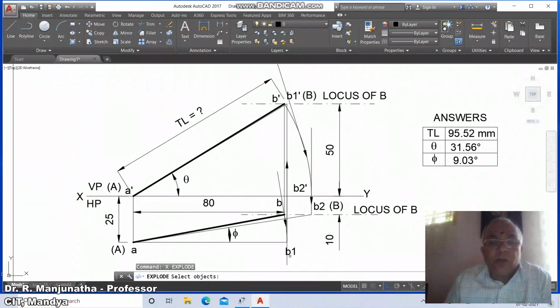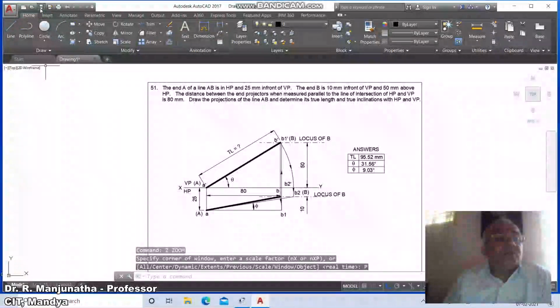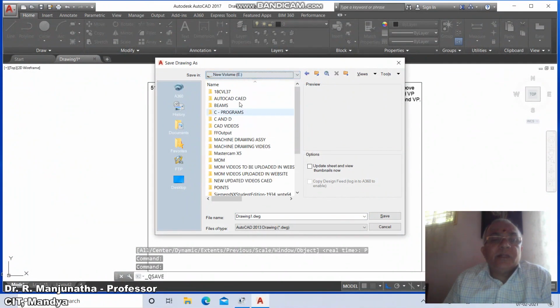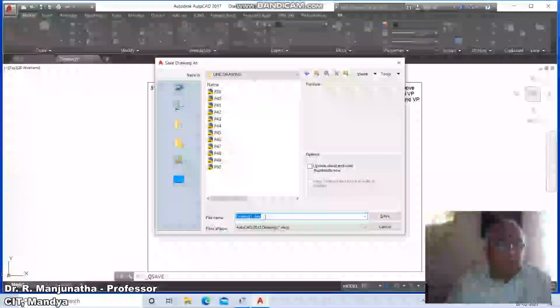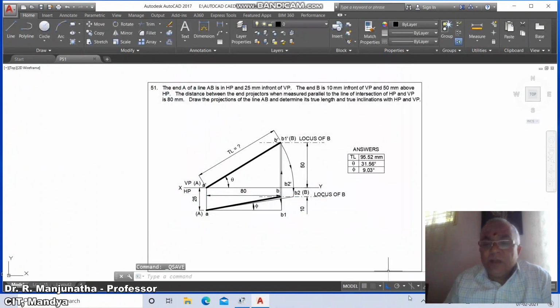So go to explode, X, enter, select these 4 lines and explode it. Then go to erase, erase this line, erase this line, erase this line, and erase this line. And go to zoom previous. So now you just save this drawing in the appropriate directory and mark this as P51 and save it. And finally